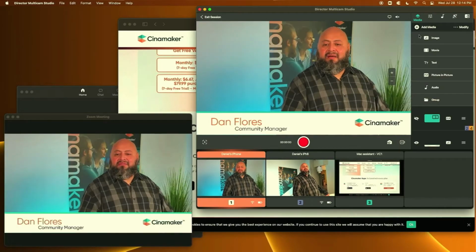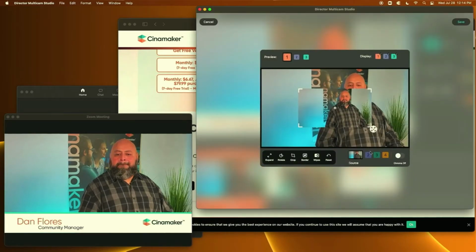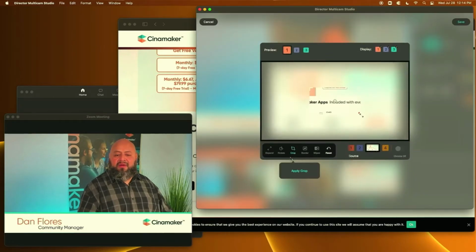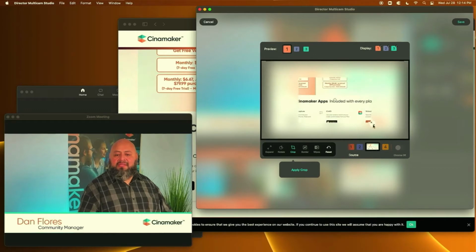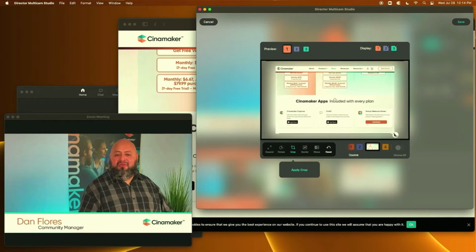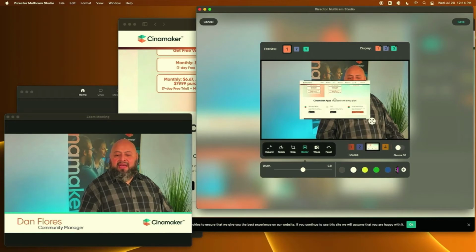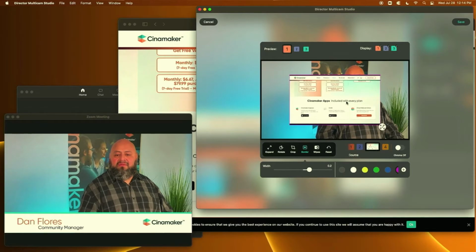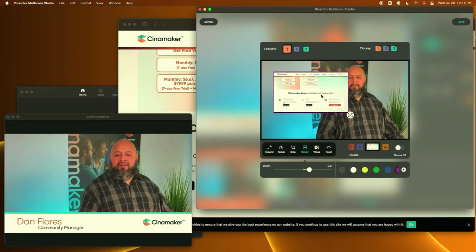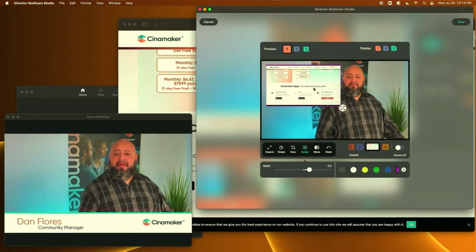Let's do a quick picture in picture. Boom, bring in that website, crop it. And I know I'm going kind of fast, it's okay, because I just want to show you the Zoom settings that we're here for, but I want to at least have something that I share that's cool looking. Apply, crop, and we're going to add an outline or border. There we go. Make it a little tighter. There it is. Bam. So now I can stand right here.